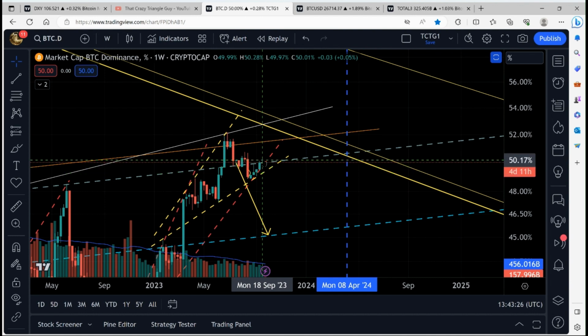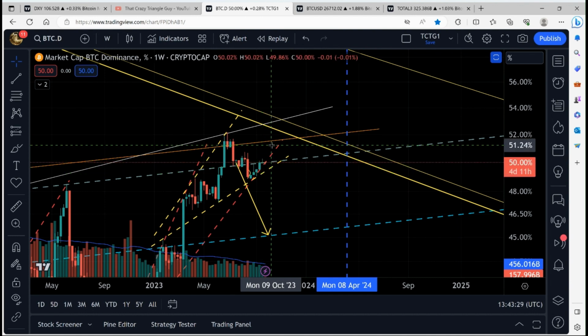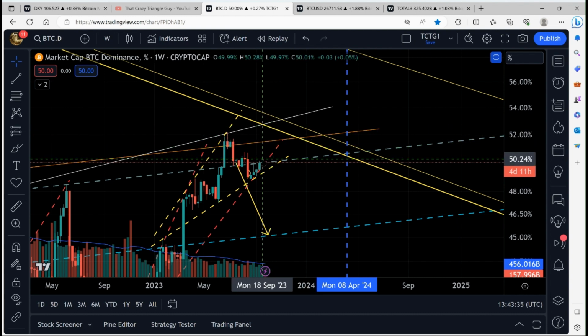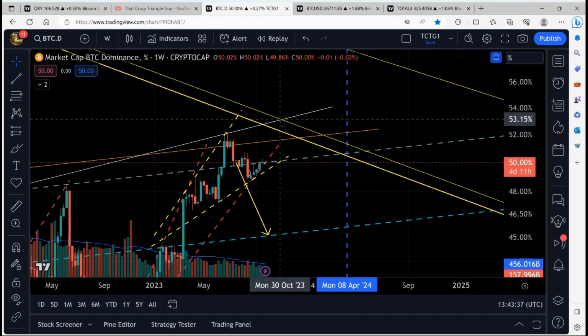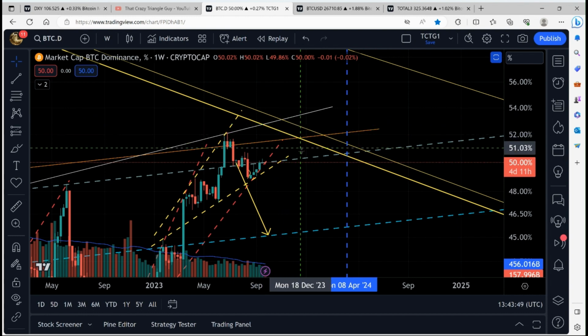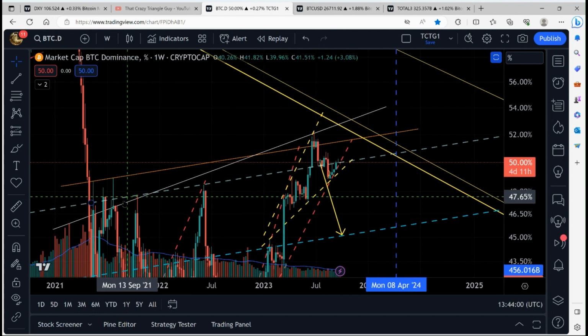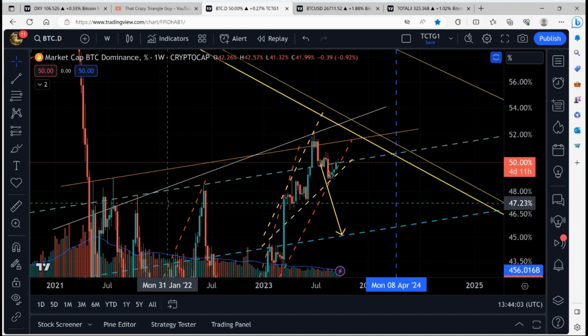Anyway, so heading into October, and if we do see an ETF, that could trigger a big spike in Bitcoin. But I'm telling you what, altcoins are going to be right on its tail. So we'll see this move up quickly here and then probably start to spill out of this second cup here. Don't imagine we'll get higher than 53%. It matches these trend lines here that I've drawn. This is on a weekly.